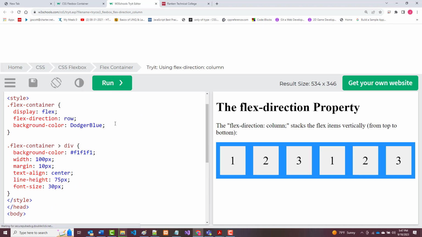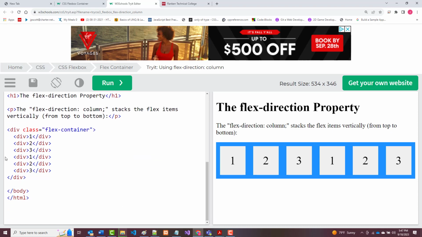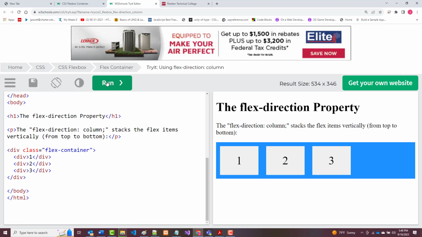So you can see the difference. All right, and again, I'll get rid of those extra ones that I added. So if you want things to stack, you choose for the flex direction, you choose column. If you want it to go in the other direction, so that's row right there. But if I put in column,